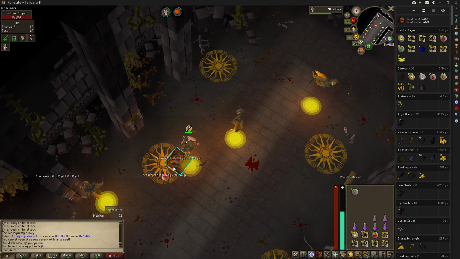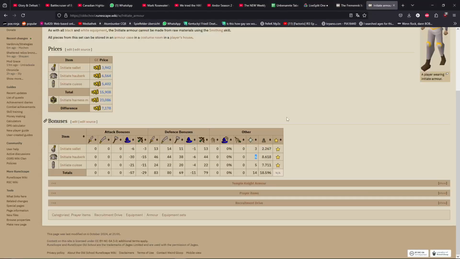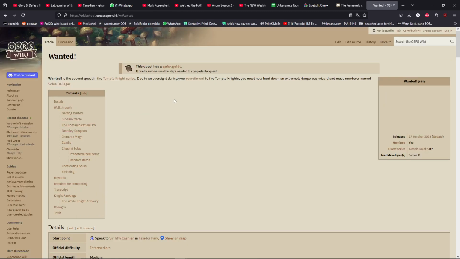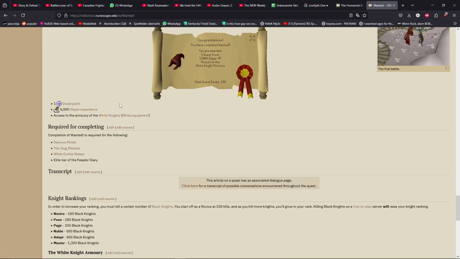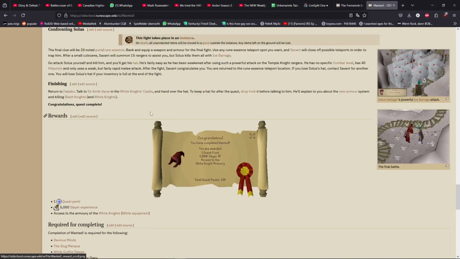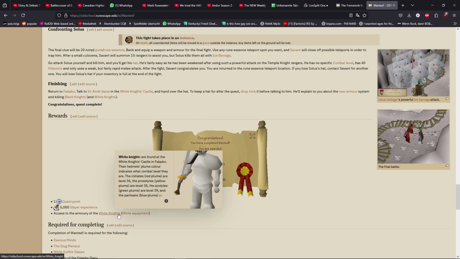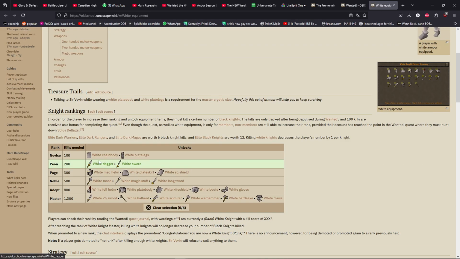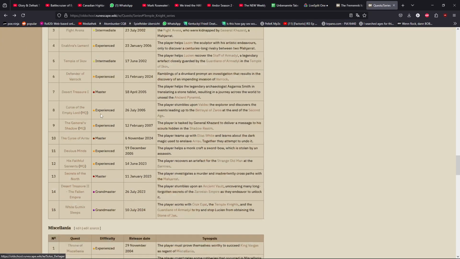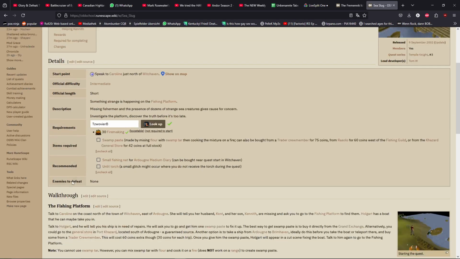What else? Obviously you can go up all the way to proselyte for that. The next one is recruitment drive, then Temple Knight series wanted. Can I wear other armor after that? White equipment is probably not worth it, right? And then after recruitment drive there's Sea Slug, which gives me...